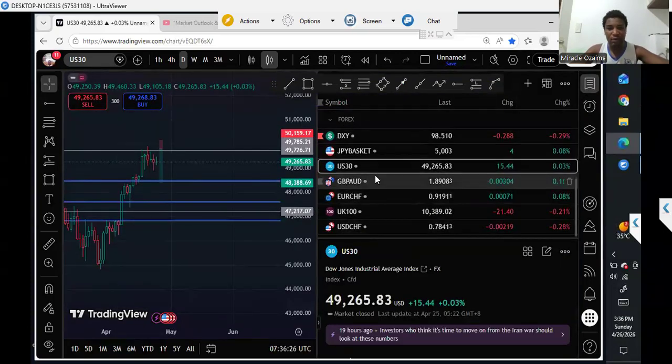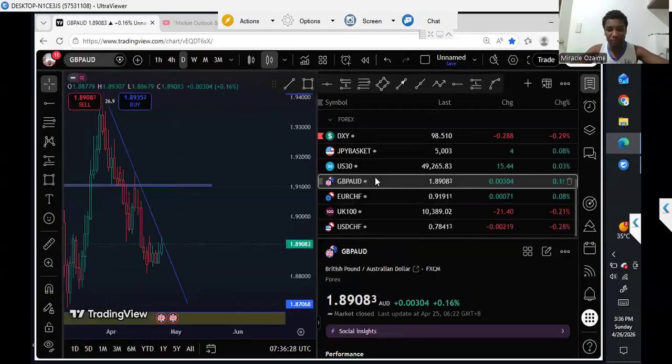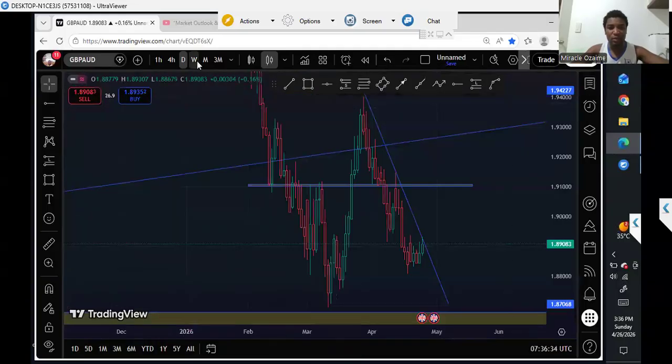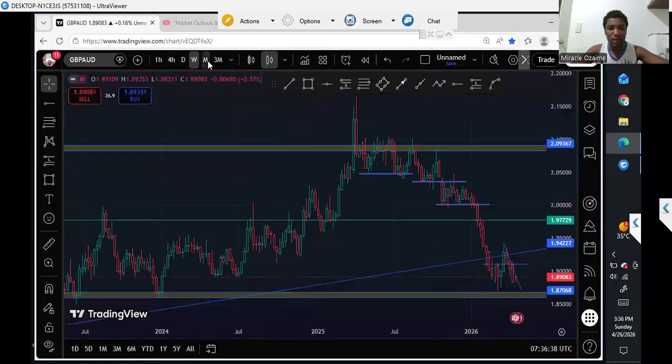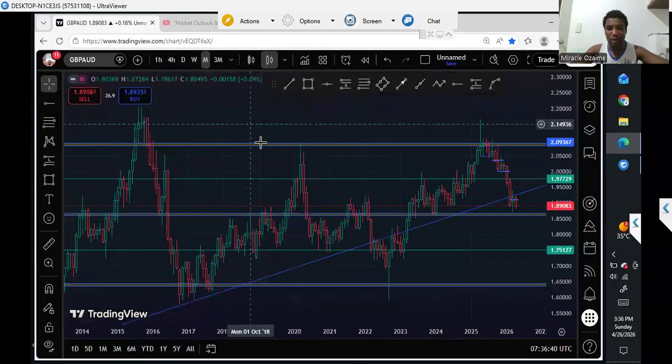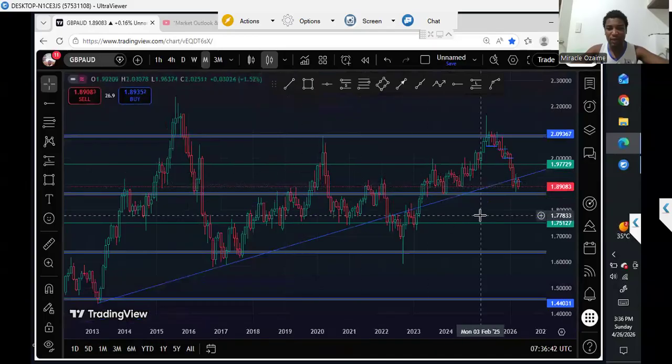Then the next pair that I'm going to be checking is GBP AUD. GBP AUD, however, this pair I've been watching for a while. I like what the pair is doing. However, I feel like this pair wants to come and test this region again for a double bottom around this area. So that's my thought